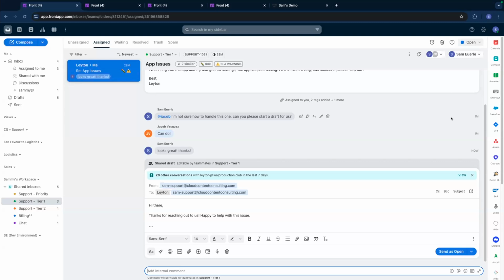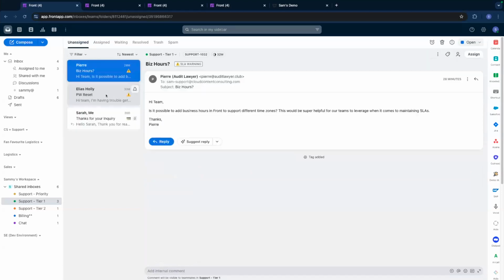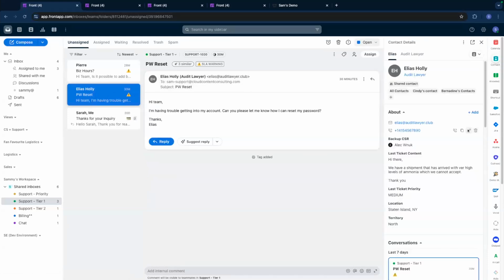I mentioned plugins earlier. I'm kind of moving into chapter 2 here. And really, there's over 100 out-of-the-box plugins or integrations that you can bring into Front to surface the right context and the right information for your organization's needs. Right. So, for example, let's go back into our unassigned queue and take a look at this note from Elias. Right. If we jump into our contacts pane here, we can see a bunch of rich information coming in